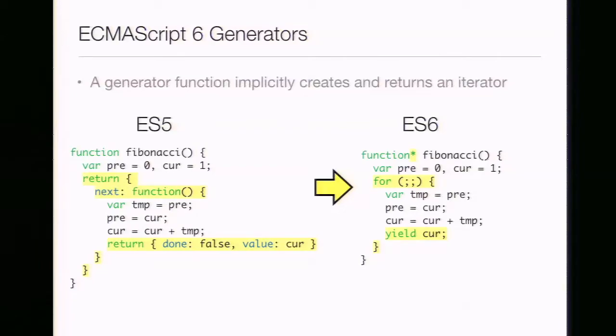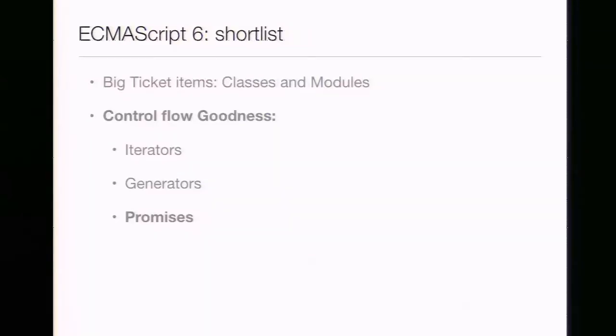Okay, and the really nice thing about this is that we can abstract all the control flow logic of the iterator protocol, just like the for-of loop did for iterators, because if you look at the code over here, there is no notion of all of these iterator protocol fields. And as you can see, this infinite sequence of Fibonacci numbers, I can just express it as an infinite for loop. So it's much more concise to write code that generates multiple values. And hopefully, through the introduction of iterators and generators, we'll be seeing more and more JavaScript libraries that make use of the fact that you can do infinite streaming